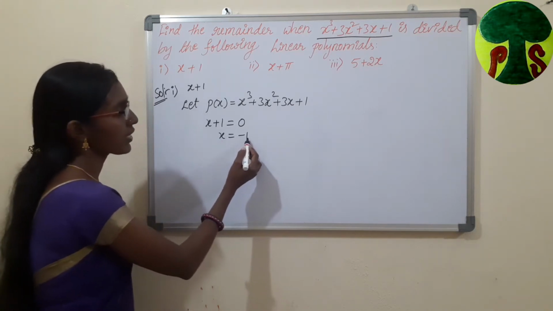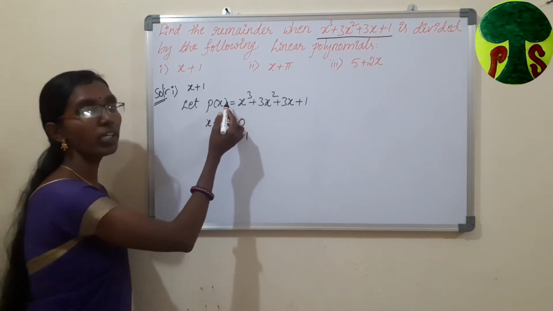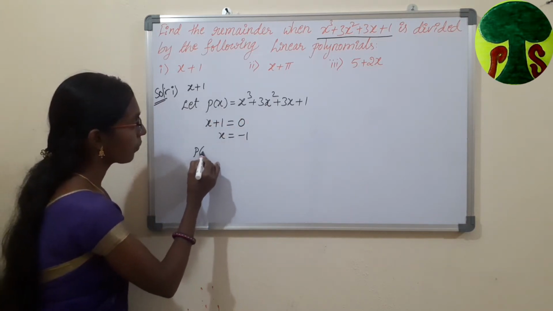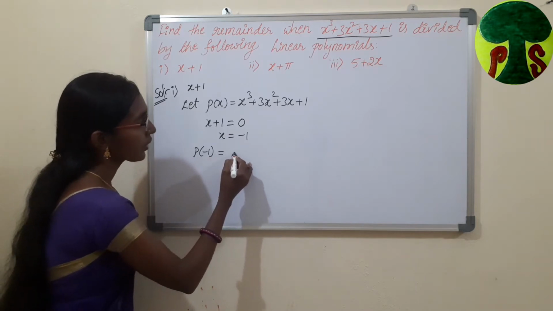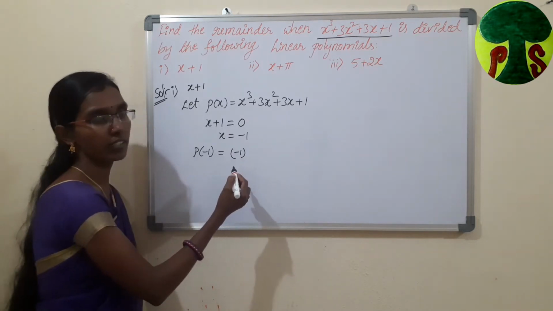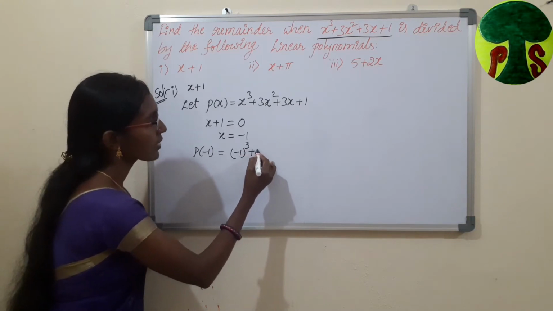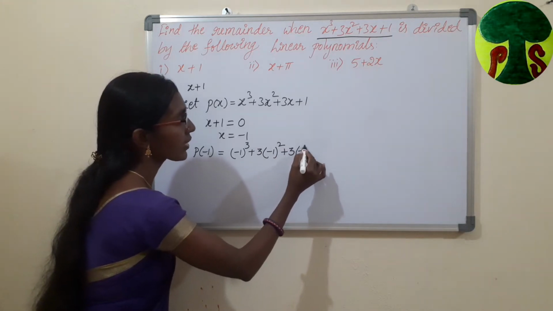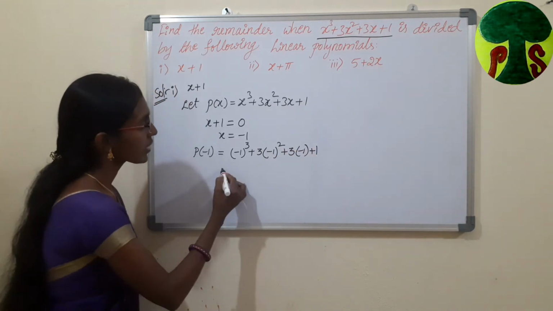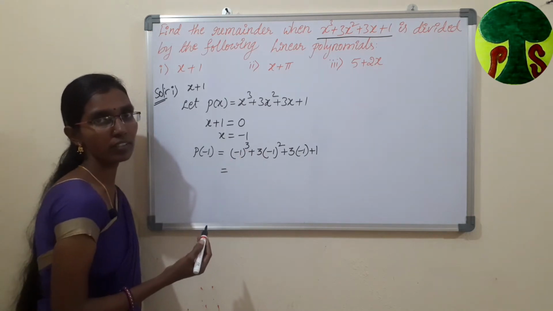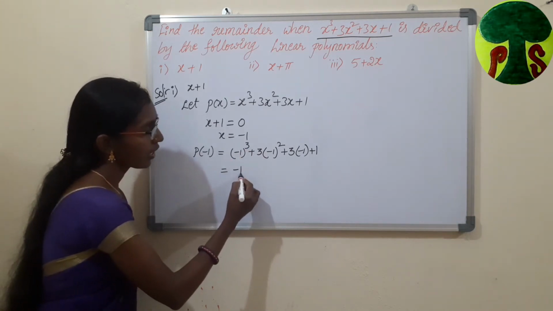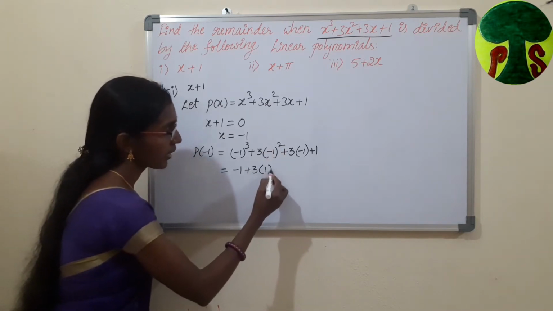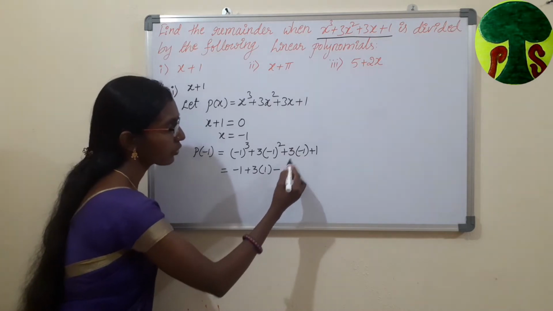X is equals to minus 1. We have to substitute in the given polynomial. Then we will get the remainder. So, p of minus 1 is equals to, in the place of x, we have to write minus 1. Minus 1 whole cube plus 3 into minus 1 whole square plus 3 into minus 1 plus 1, which is equals to minus 1 whole cube is minus 1 plus 3 into minus 1 whole square is plus 1 plus into minus 3 into 1 is 3